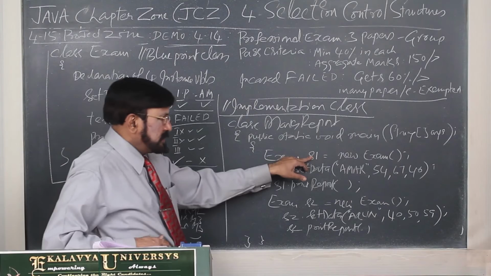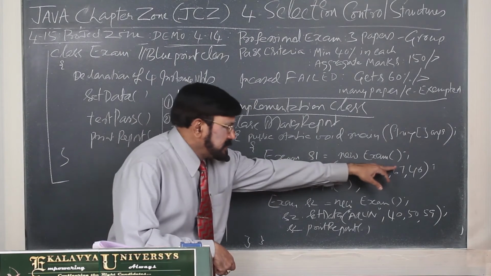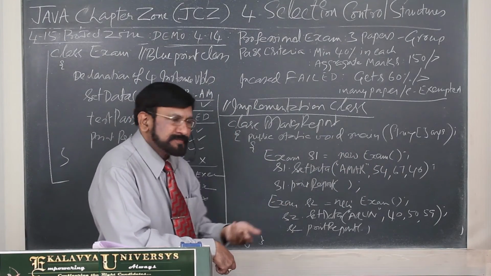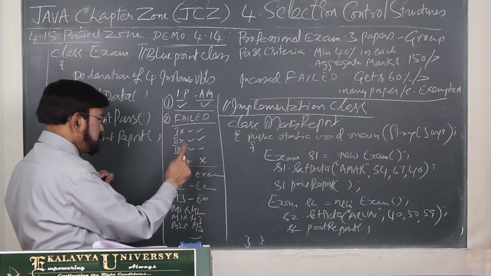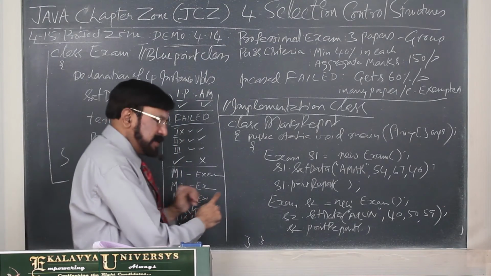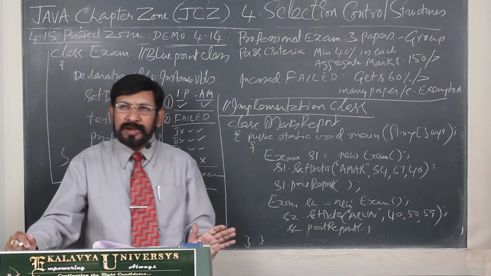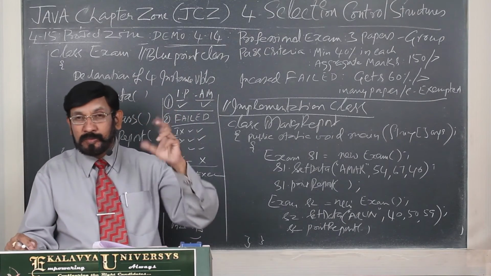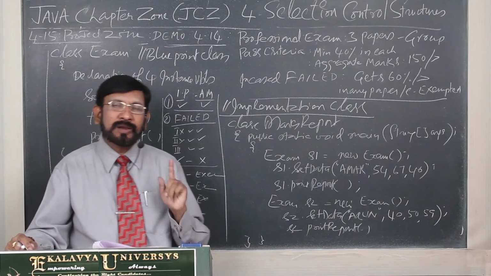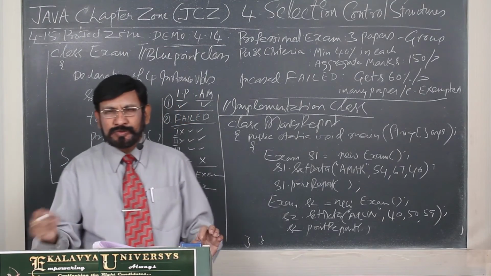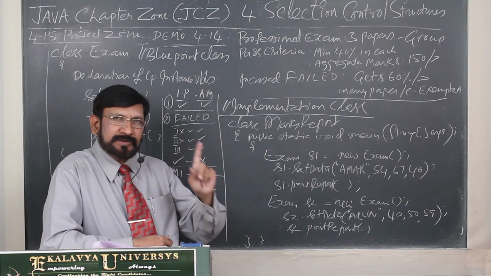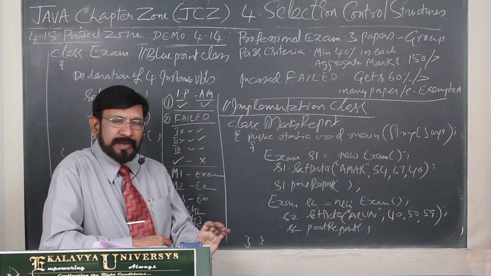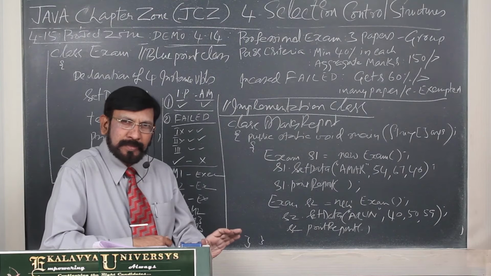You have to create S1. Just change the 3 items and test. Then how many will come? 1, 2, 3, 4, 5, 6, 7, 8, 9, 10, 11, 12. 12 categories of students, probable inputs you can get. For all of them, you have to test. You should not take anything for granted without testing. Test and trust. That is the basic principle in programming.